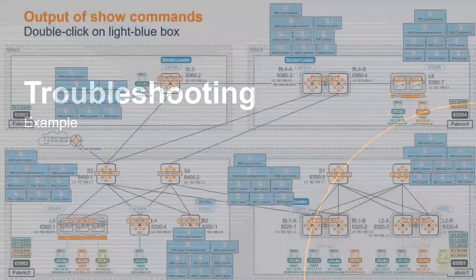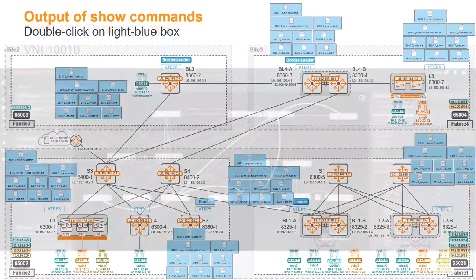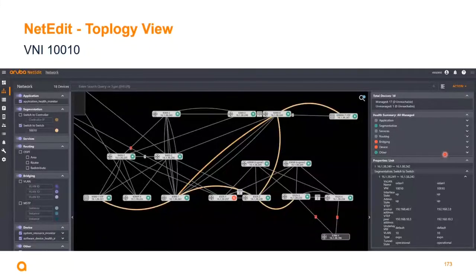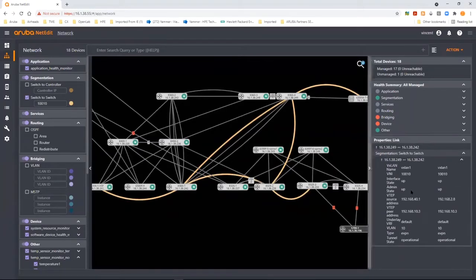I've got troubleshooting examples. Again, we talked about that slide for you to do as a home exercise, so feel free to just double click and see the outcome. NetEdit is a good tool as well. You can see here in NetEdit that I opened the ability for NetEdit to provide you information directly on